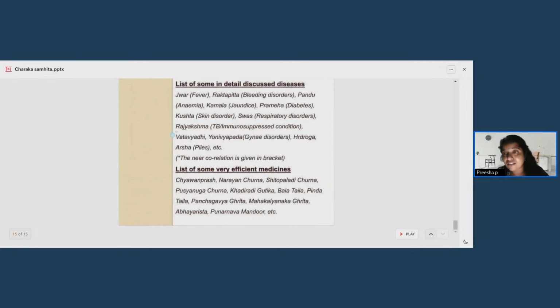When we come to the 6th chapter of Roganika Vimana, there are 10 diseases explained. The division of rogas is explained in the 10-fold classification of diseases: Prabhava Bheda, Bala Bheda, and Adhisthana Bheda. On the Prabhava Bheda, there are 2 divisions, Sadhya and Asadhya. Bala Bheda is Mridu and Daruna. Adhisthana Bheda is Mano Adhisthana and Sharira Adhisthana. That is the 10-fold classification.